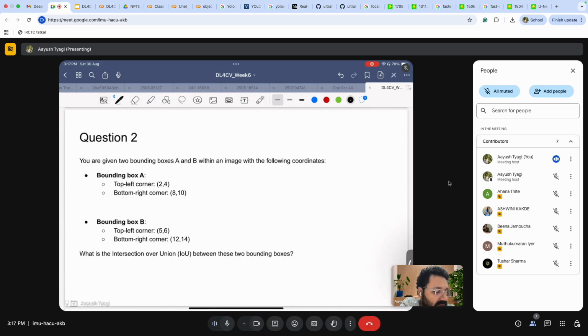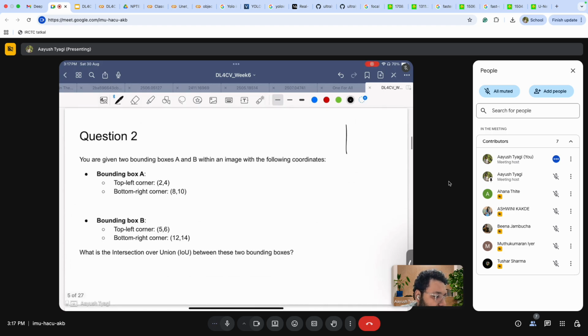So next, whenever we are doing an object detection problem, suppose this is the image and this is the bounding box our model predicted. In order to ensure that we are predicting well, how do we evaluate it? Evaluate in the sense that when you are creating a dataset, you do annotation in the form of,